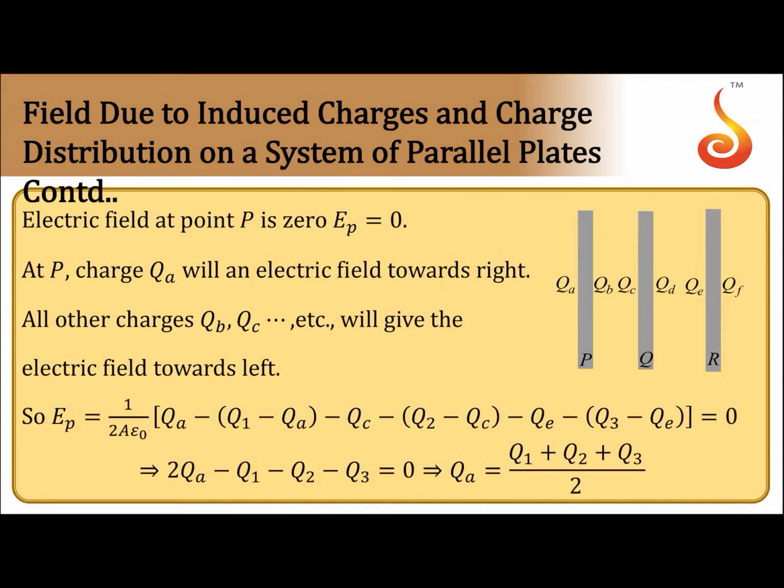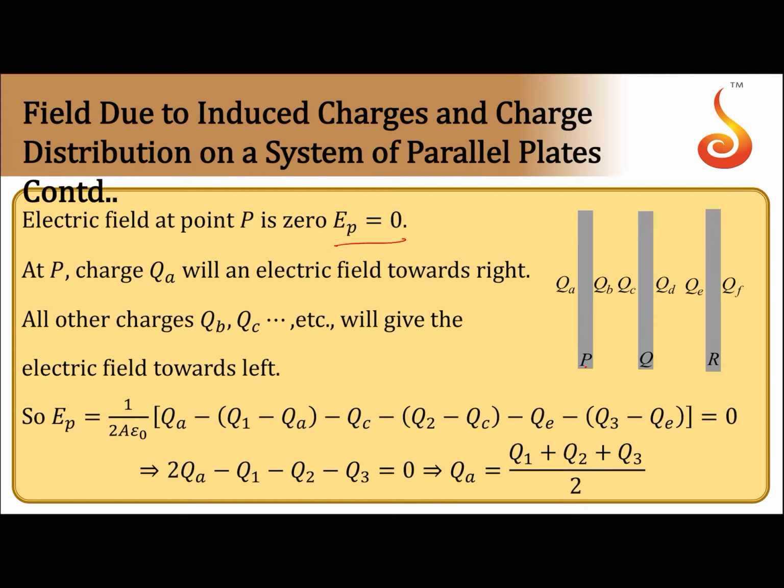Then at P, charge qa will produce an electric field towards the right. All other charges, qb, qc, etc., will produce a field towards the left. So they get cancelled. Now if you take this condition, EP is equal to 0 at this particular point, then